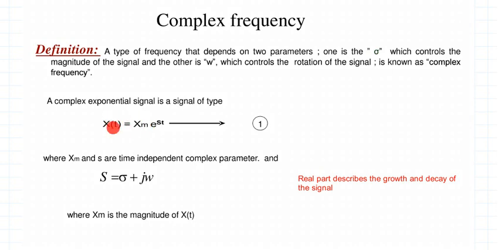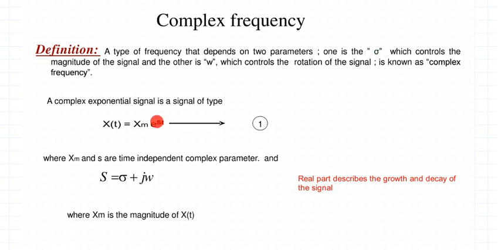So if I have a voltage or a current, then the first term that is shown here represents its magnitude. The way we write voltage v(t) is equal to V_m cos of omega t or V_m sin of omega t. So what is V_m or I_m there? V_m and I_m are indicating the magnitudes of the voltage or the current. Similarly, if I generalize it for a signal x(t), not talking specifically about voltage or current, then the very first term here, x_m, indicates the magnitude of the signal, into e raised to st.